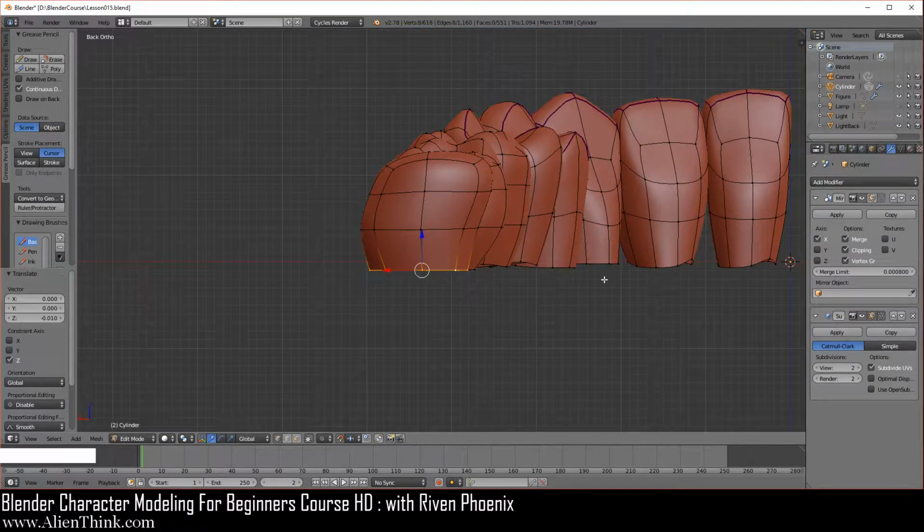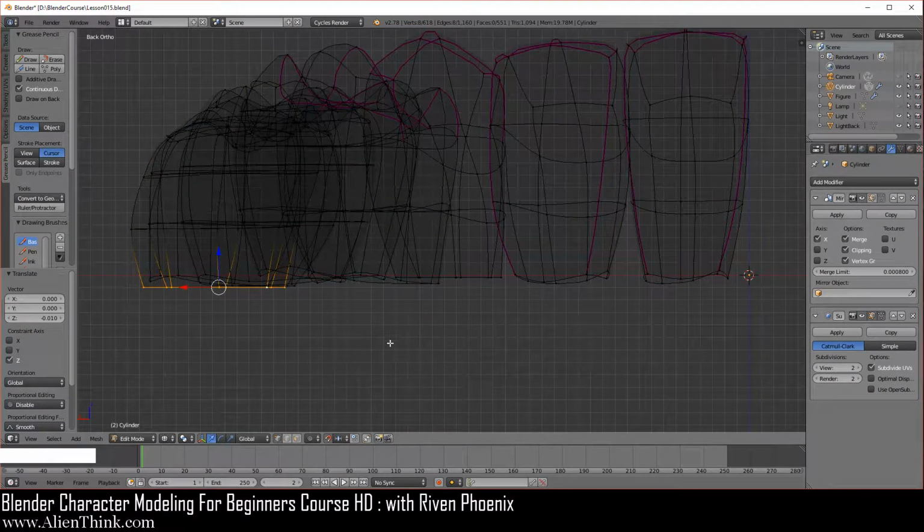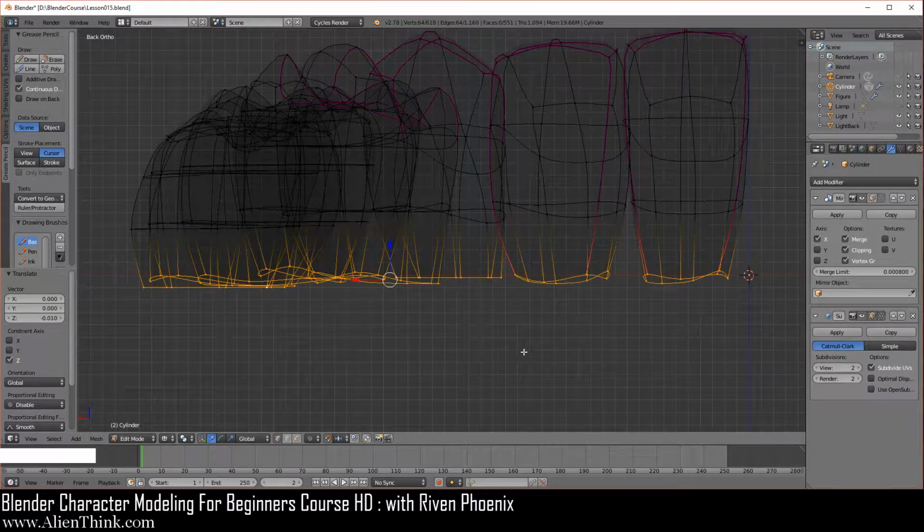Now this is where we're going to select everything over here. So shift middle mouse button to bring it over here. Press the Z key to go into your wireframe. Press the B key. And over here, just where this is, I'm going to press the left mouse button and select everything over here. So press the Z key.